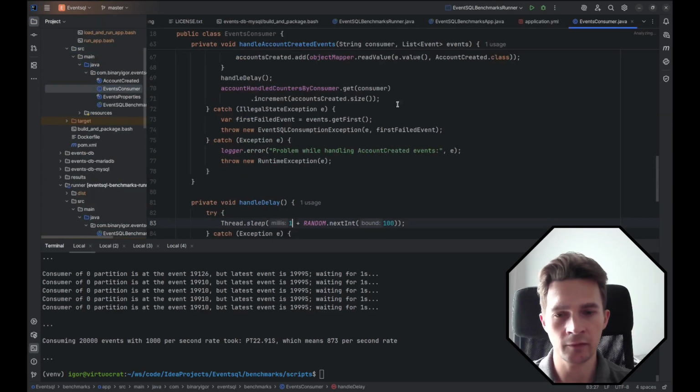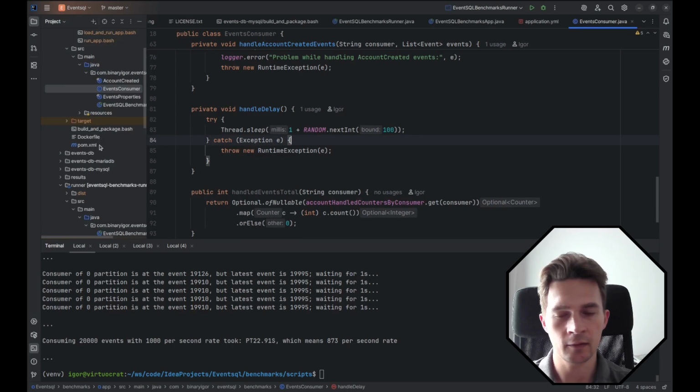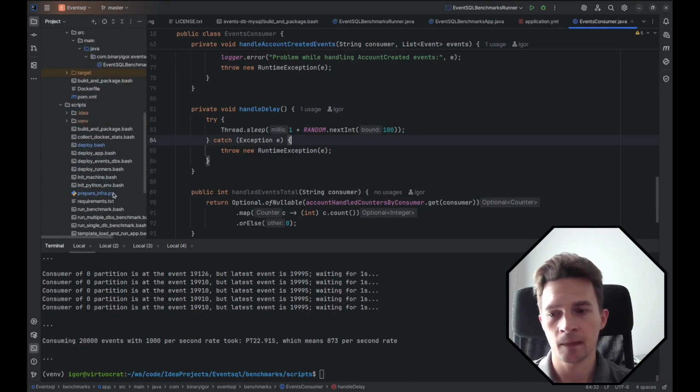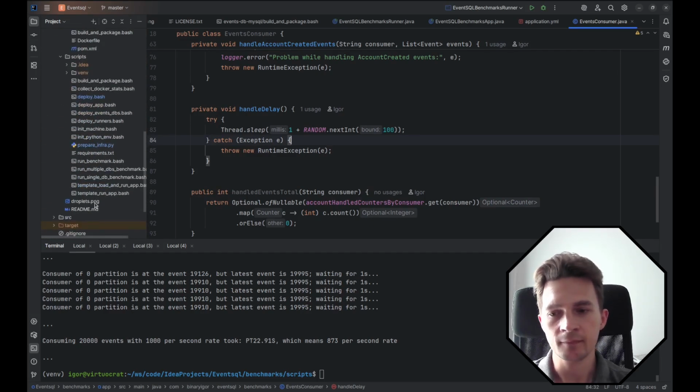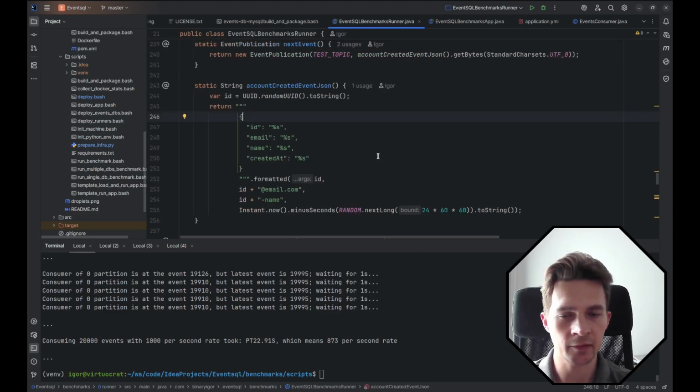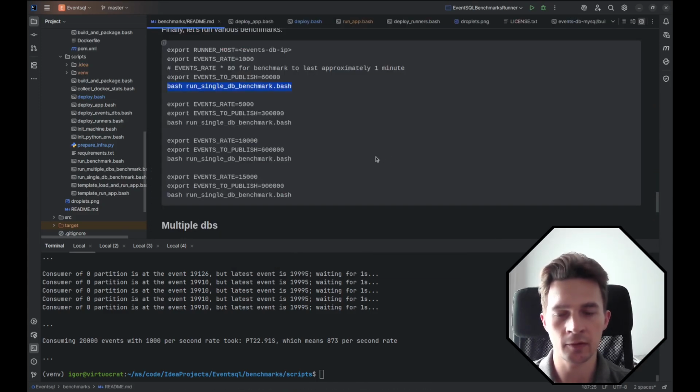If you go to events consumer, here it is, as you can see. So the consumption will always be a bit slower than publication in our benchmarks. But as you can see, 1000 events per second is nothing. Let's go to the